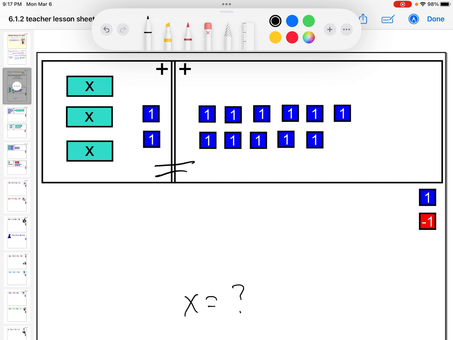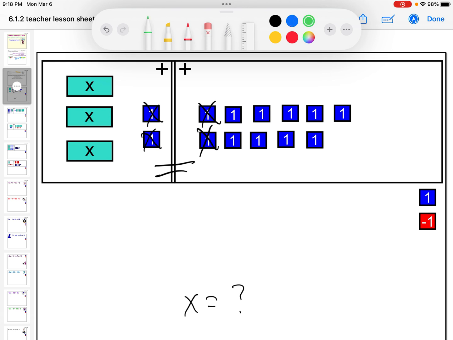So first we're going to use all legal moves that we possibly can. I'm going to cross off 2 here and cross off 2 here. What I'm left with then is 3 x's on the left side, and then 2, 4, 6, 8, 9, right? So in order to figure out what 1x is worth, what we can do is take these tiles, and it's going to be a little difficult to do here. Actually, I'll take